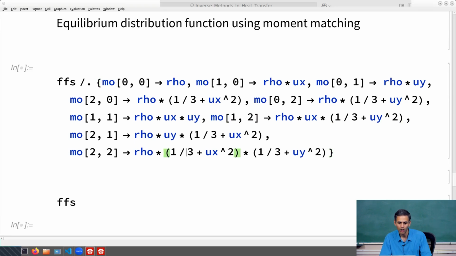That's what we have. So I'm going to ask Mathematica to substitute for all these moments, 0 0, 1 1, all these values, in terms of these variables which are my macroscopic variables, right? The rho, ux, uy and so on. So it's going to do that,